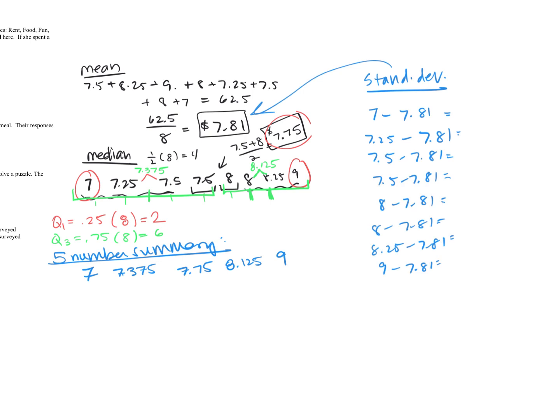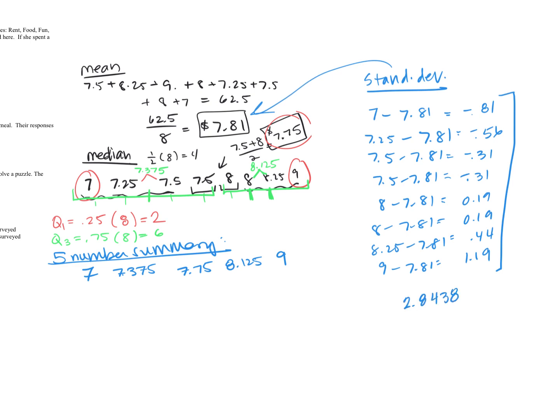So you can see what I have there, and then once you subtract and find those differences, we're going to take each of those differences and square them, because remember, that helps get rid of that negativity, which will kind of cancel out and not let us see how much we actually deviate from the mean. So if we take each of these values here, we're going to square each one and then add them together. We're going to end up with about